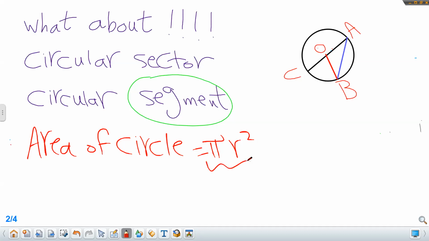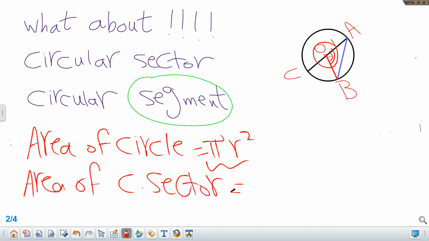The area of the circular sector is a part of the circle. The area of the circular sector depends on the central angle. The measure of the central angle, good. So the measure of the central angle, this one, AOB. This angle is a part of 360. So we can find the area of the circular sector